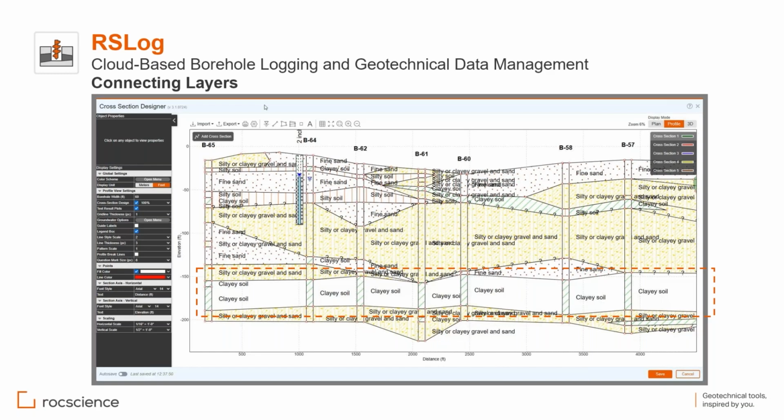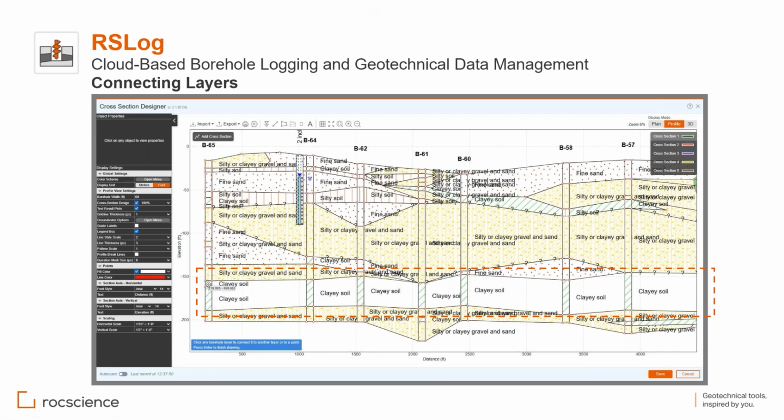We don't want to replace your engineering judgment, but what we have here is a very simple tool to help you save time. For example, you see this void here at the bottom of this cross-section for clay soil. None of these are connected together yet. I'm just showing you how easy it is. The only thing you need to do is go to the toolbar and click on this button here, and then click anywhere